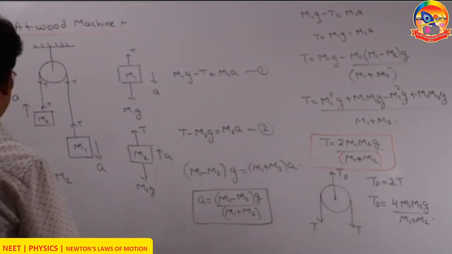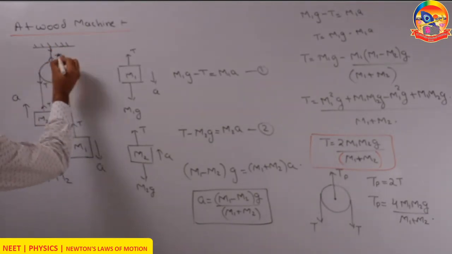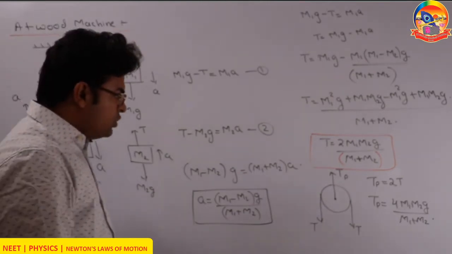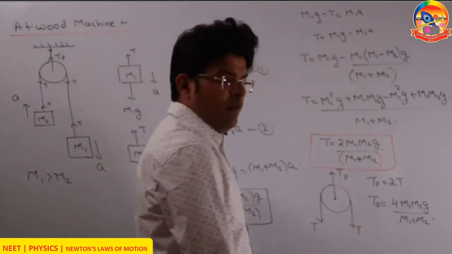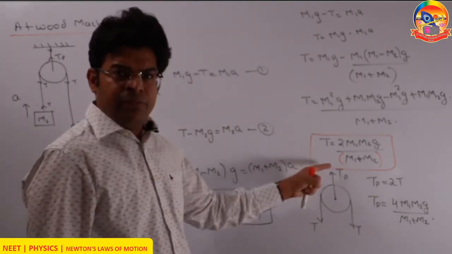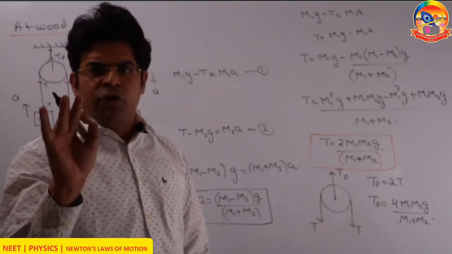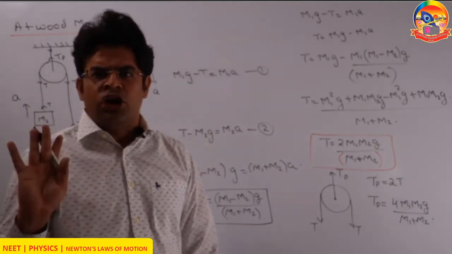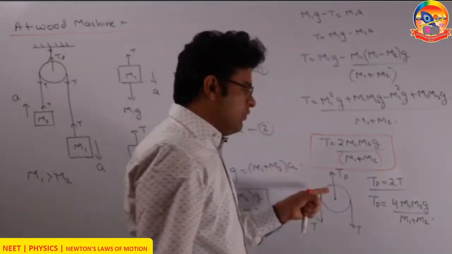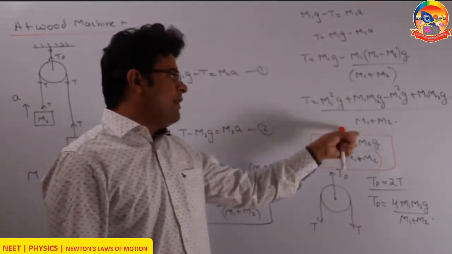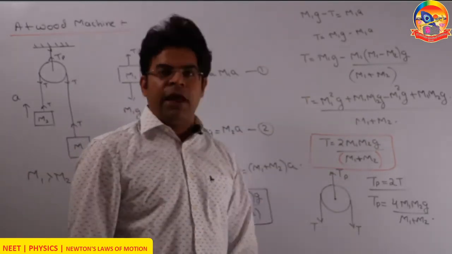Now a question is sometimes asked: what is the tension in this string connecting the pulley to the ceiling? Let's say the tension in this string is Tp. What is the value of this? For this, we need to make the free body diagram of the pulley. On the pulley, there are three forces acting. Tp, the force by this string, and tension down, tension down. If the pulley is in equilibrium, then the net force acting on the pulley must be 0. So Tp must be equal to T plus T, 2T. If Tp equals 2T and T itself is 2M1 M2G by M1 plus M2, then Tp has to be 2 times 2M1 M2G by M1 plus M2, that is 4M1 M2G by M1 plus M2.